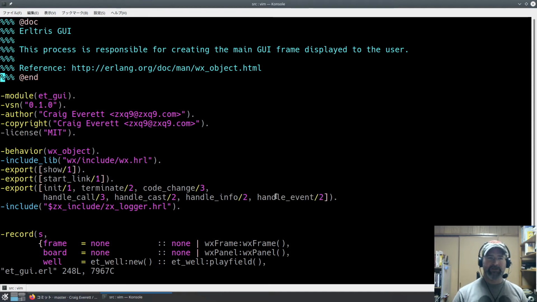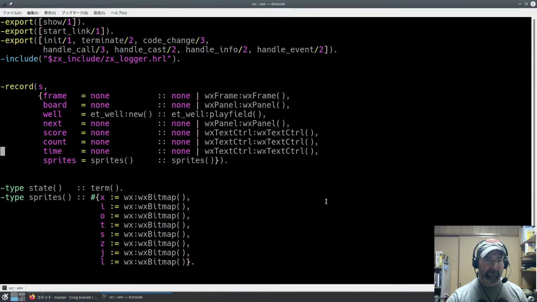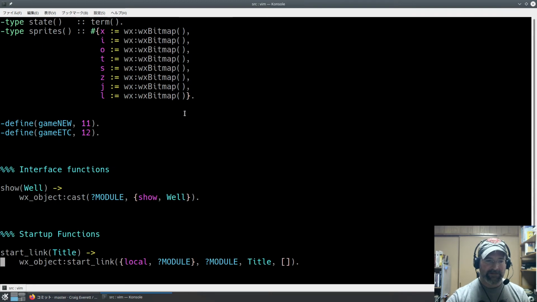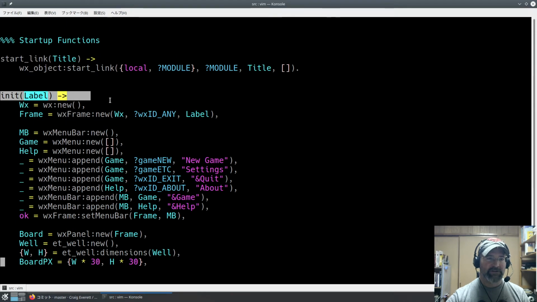I'm pretty sure that the way this is implemented is it's probably a GenServer that extends to have its own callback module. And anything that matches the event shape and handle info is probably just sent to handle event down here. And then everything else is just passed through. I'm pretty sure that's how it works. I'm not 100%. But whatever. So remember, wxObject behavior basically means GenServer. You have an extra handle event. So if we look at the init function here, when we start this thing up, what we see is